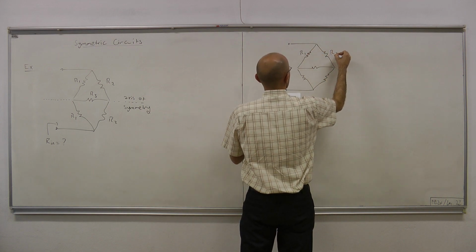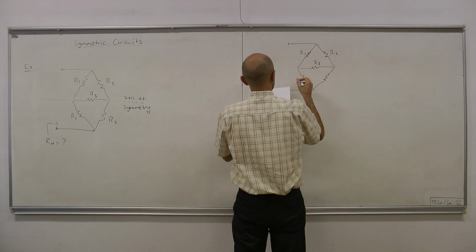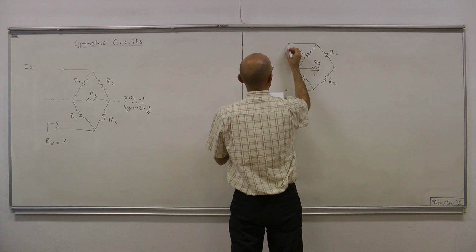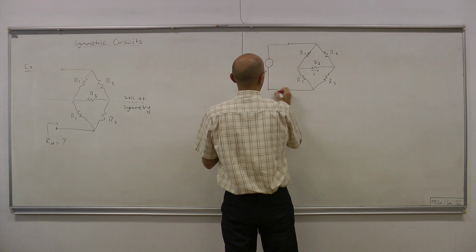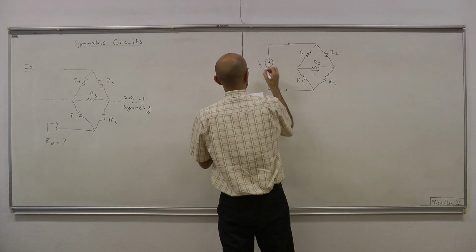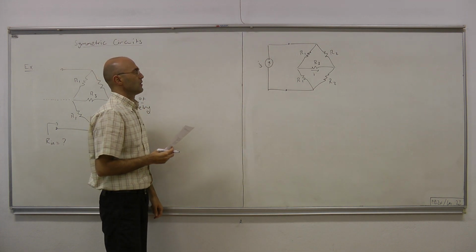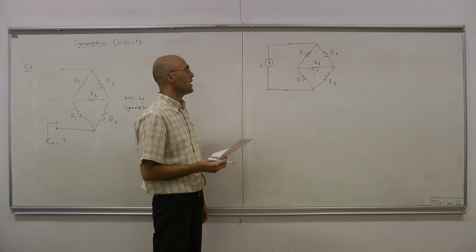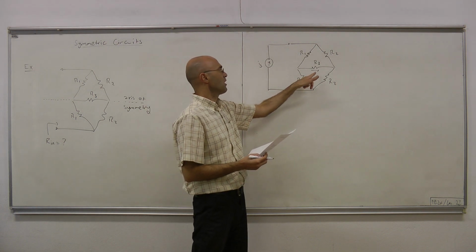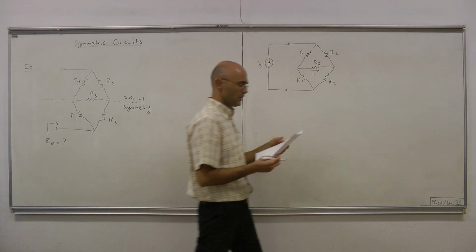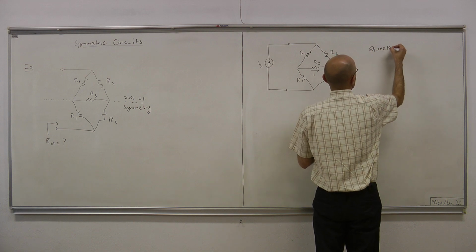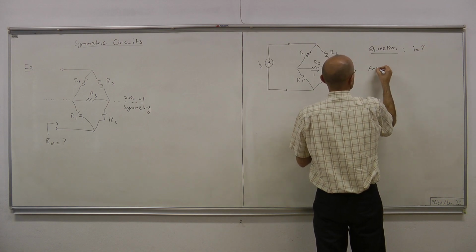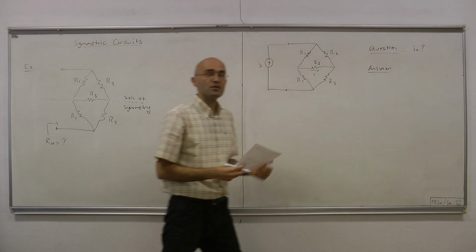R1, R2, R3, R1, R2. Let this be IS, and this source will generate all sorts of currents and voltages throughout the branches of this circuit. Now, what we ask is the following question: what's this current flowing over R3? Question: what's I?